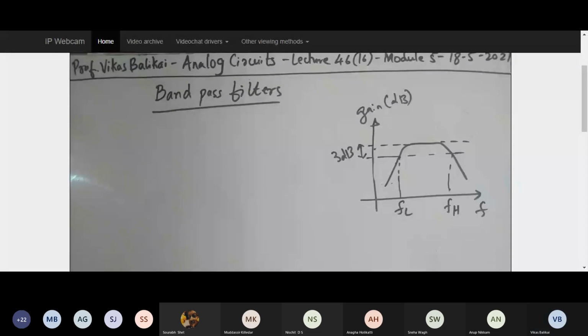What do you think? Exactly. Since the graph is a combination of low pass and high pass, my circuit diagram is also the combination of low pass circuit and high pass circuit. So remembering the concept of this entire circuit is very easy if you remember the circuit diagrams of your low pass and high pass. So I can just draw the low pass and high pass filter circuits side by side.